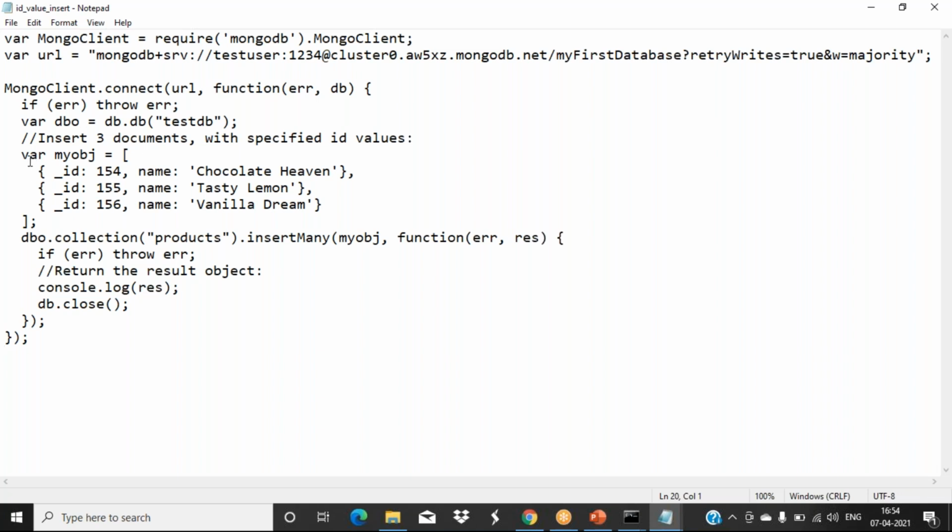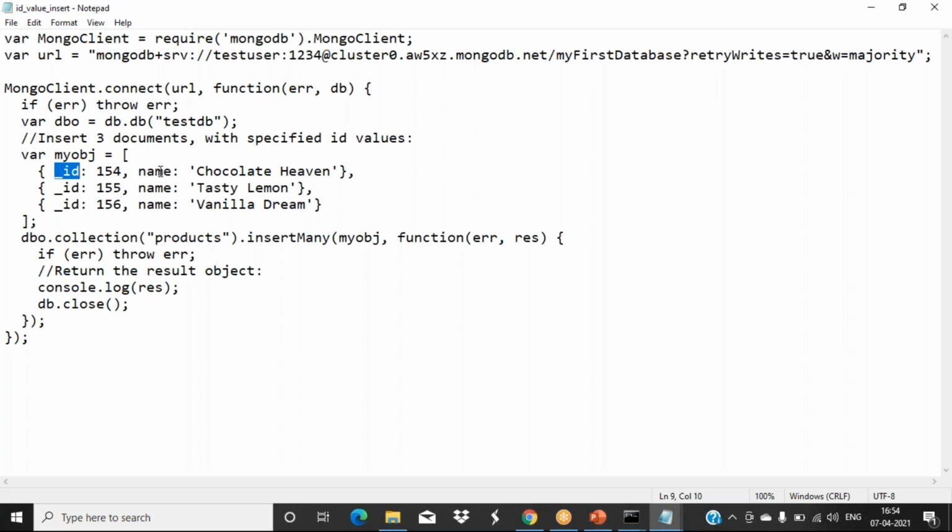So here, while creating the object, we have told that it should be in the underscore id format only. If you want any id value, we have to use this property name because it is built in: underscore id.